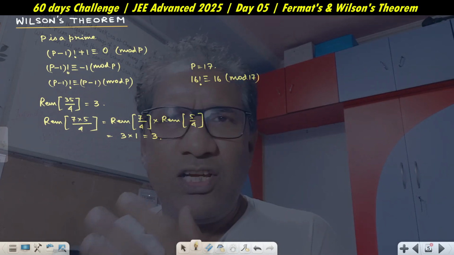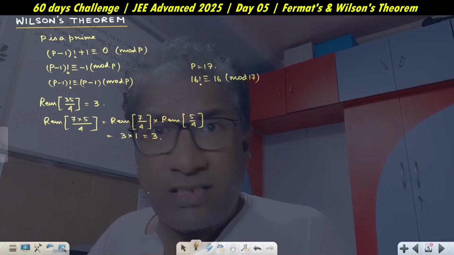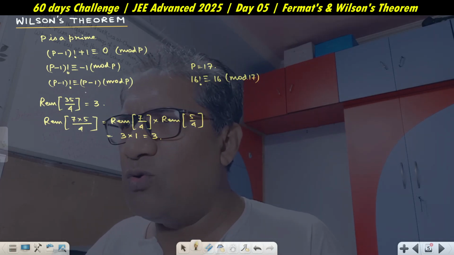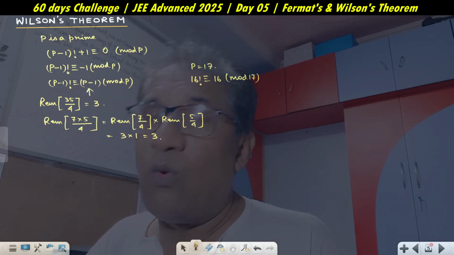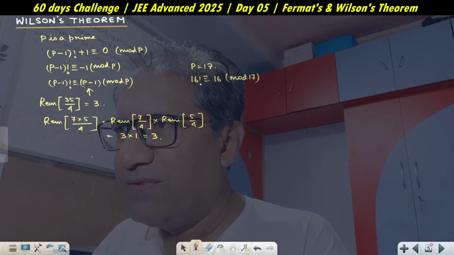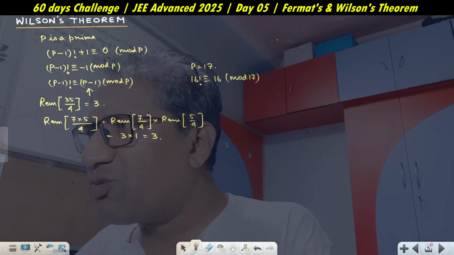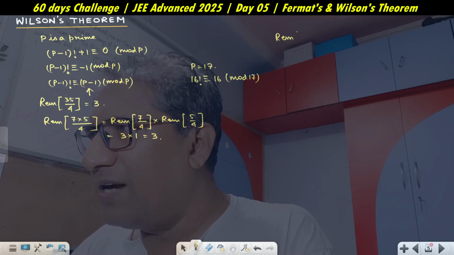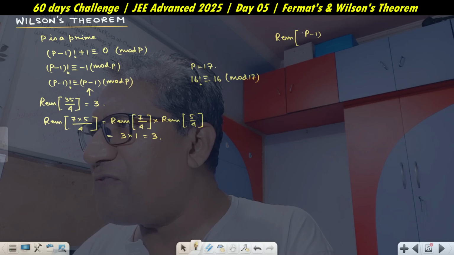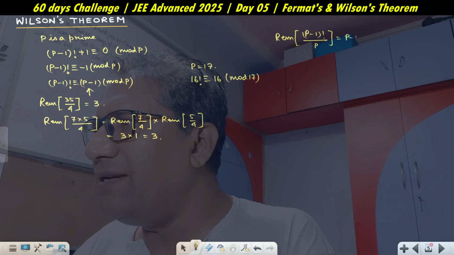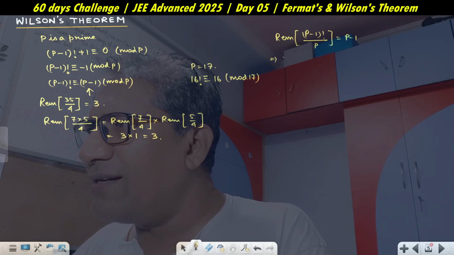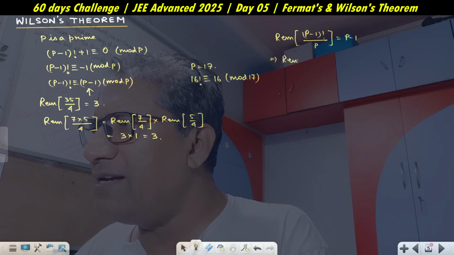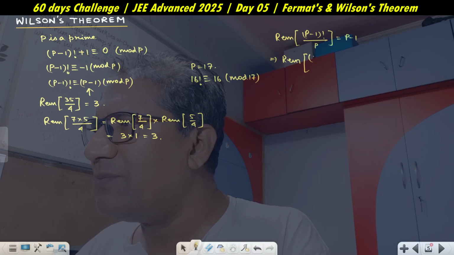And now let me use this basic concept to find the remainder, this one, as 1. Can we do that? Okay, let us try. The remainder when P minus 1 factorial is divided by P is P minus 1. Clear? Now, P minus 1 factorial can also be written as P